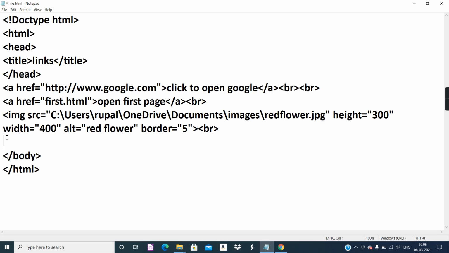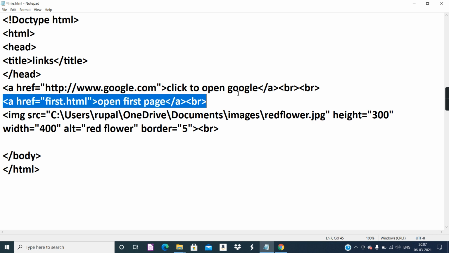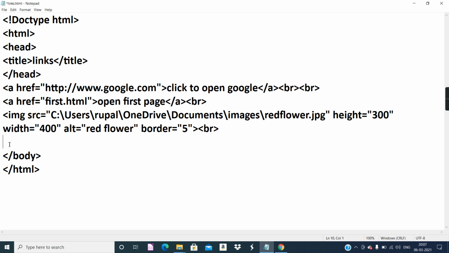Yes, so let's do that. Image acting as a hyperlink. All right, the steps are simple. You take your hyperlink. Now this is the file which we are going to use. So it's available. I'll copy paste it.